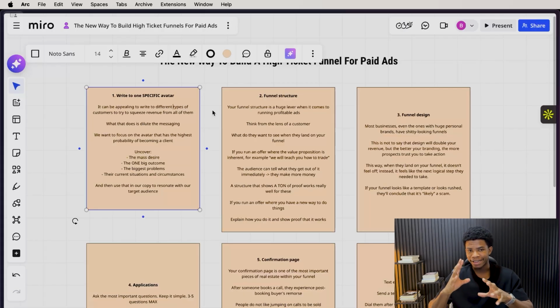But if your funnel looks like it's rushed, if it looks like a template, we actually had a client who had this problem. He wasn't converting. He was barely converting at 4% and he had about 300K on YouTube, but he wasn't really converting as well as he could due to the funnel design and structure simply not being where it's supposed to be. And once we fixed that, we took him literally from 4% to 10% application rates. And he sells a really, really high ticket offer, a $50,000 offer. So again, you can see how substantial that is in terms of going from 4% to 10%.